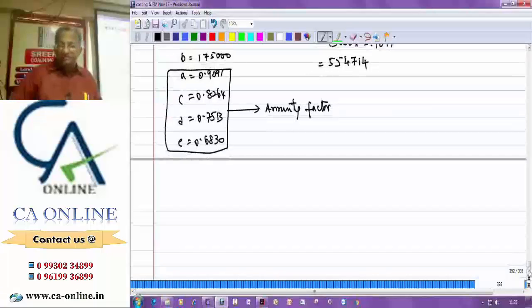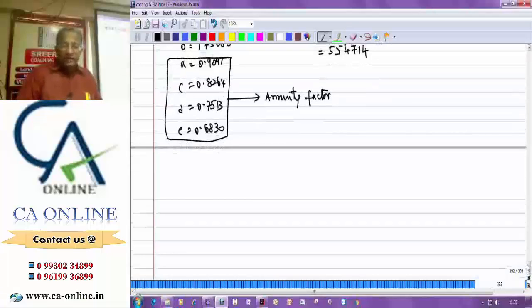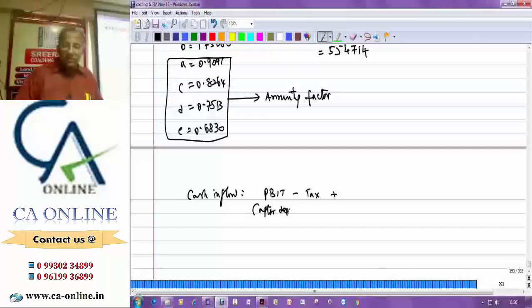See, please understand that this cash inflow should be arrived at this way. Profit before interest and taxation, less taxation, plus depreciation, because this is after depreciation. One important thing that you should do is do not deduct